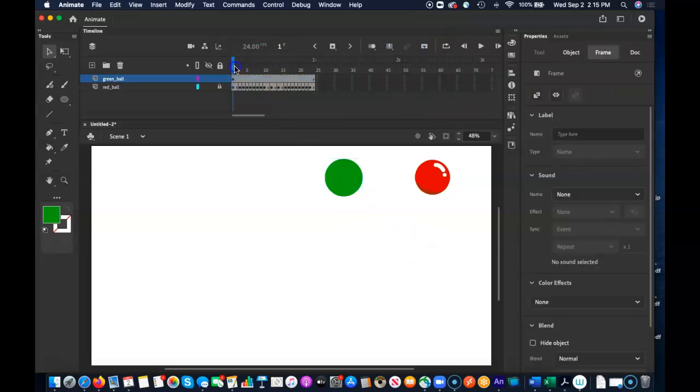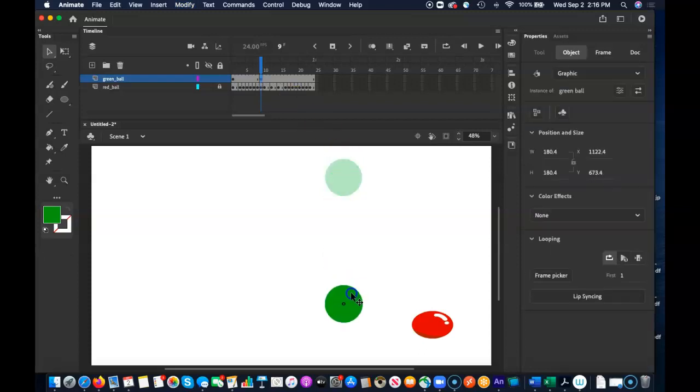So obviously, if I'm going to simulate it, this is where the ball hits the ground, right? So it hits the ground here. So this is where I'm going to want to put another keyframe, F6, and drag the ball down. Right? This is where it squashes,